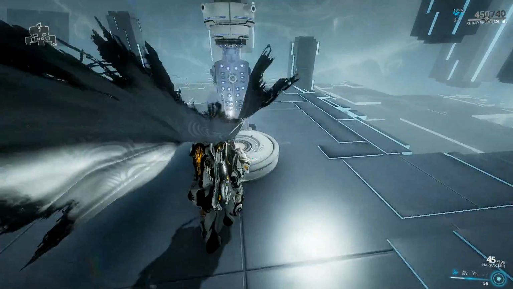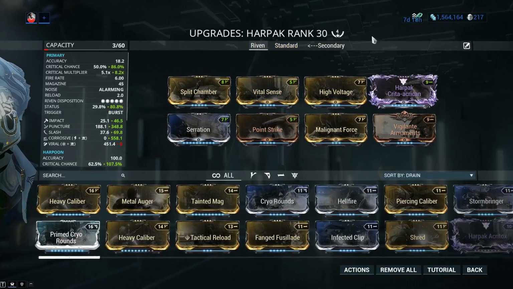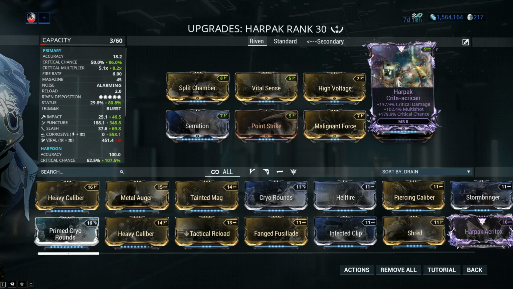Now I do have a Riven. It's a loaner from a friend, and this one has rolled absolutely superbly. Check this one out. It's a Harpak Krita Acri Can, critical damage, multishot, and critical chance. All that was needed extra on this one was a negative,